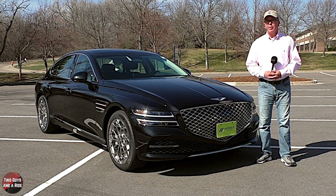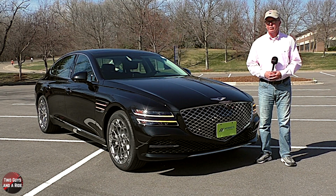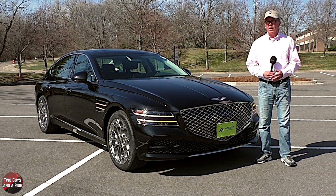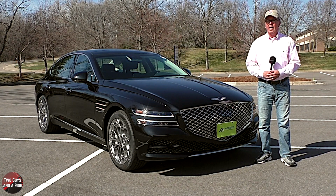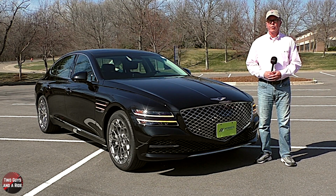There is the 2.5 turbo inline 4-cylinder rear-wheel drive that starts at $47,700. The 2.5 turbo inline all-wheel drive at $50,850. The 3.5 liter V6 rear-wheel drive at $59,100, and this, the 3.5 liter turbo V6 all-wheel drive that starts at